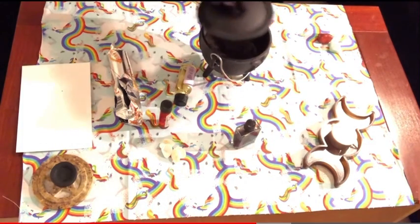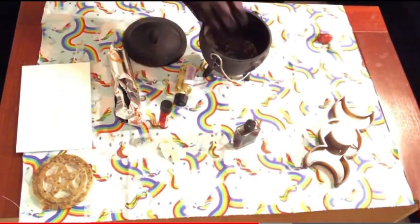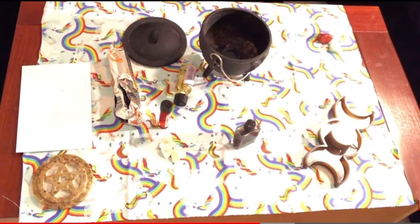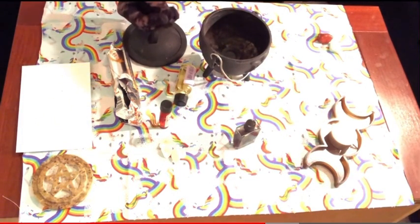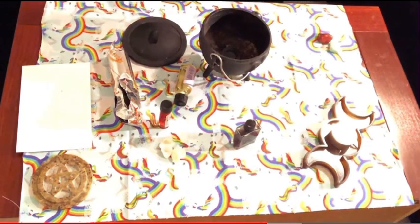Number 5, you can do a curse or a hex, okay? What you would do is take your charcoal, you would have it going. You would need a baneful herb mix, like a doom powder, or a banishing powder, whatever your spell is specifically, whatever you're trying to do to this person. But if you're really trying to mess them up, use a doom powder or a cursing powder, and then you would put a pinch on there and then say out loud,